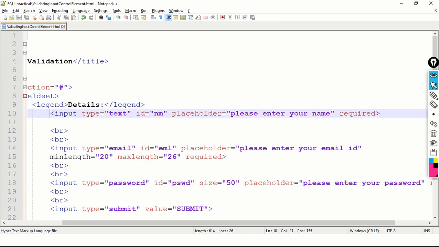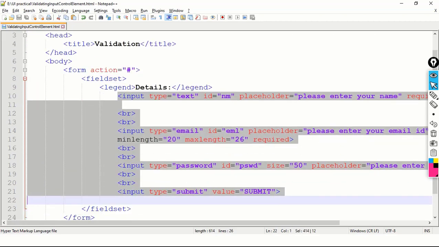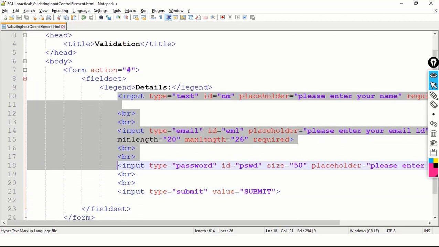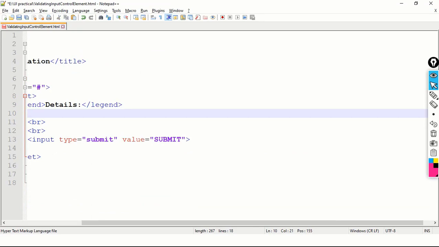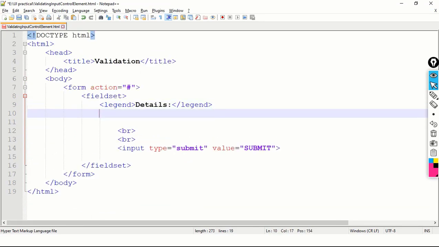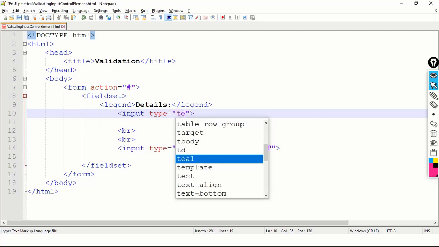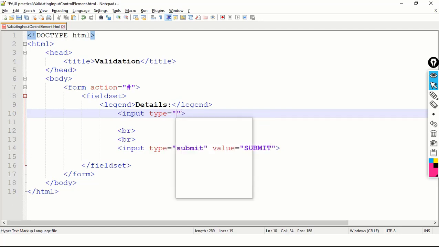I am removing all the elements except the input type submit. Okay, now what I am doing here, input type is equal to number. Okay, id is equal to num.